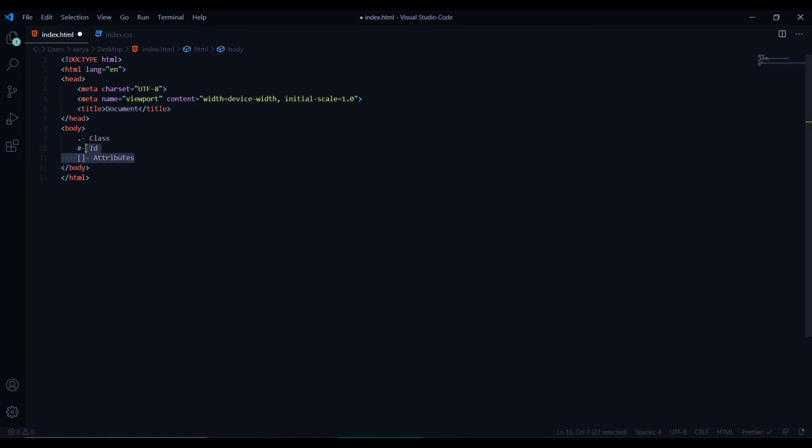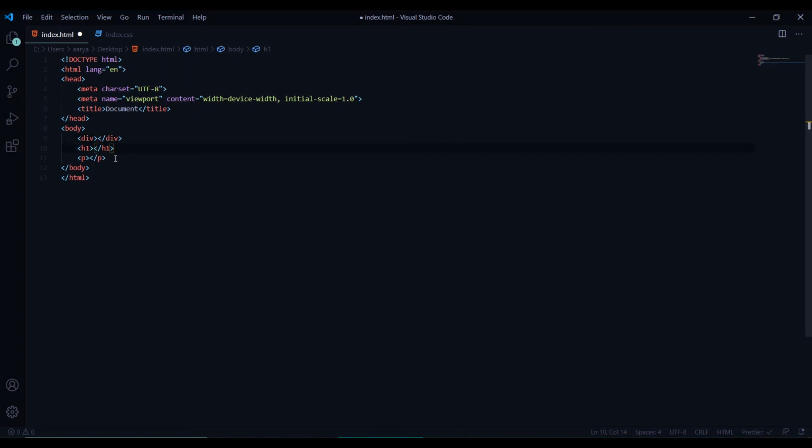Now moving further, we have siblings. So what siblings are, basically they are elements which have the same parent tag. Like if I want 3 tags, div, let's say h1 and p, I have separated them using the plus symbol. Now what it does is, if I press enter now, it will give me 3 different tags which are siblings to each other.